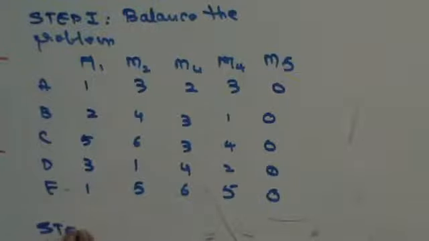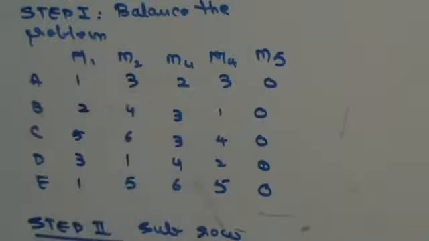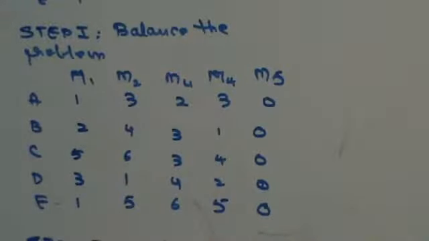Step 2. Solve row wise. That means subtract the smallest element in the row from every element in that row. Obviously, the smallest element in every row is going to be 0 only because you have just added a column. So there is going to be no change. So straight away there is no need to do that step because, guys, see this. The smallest element in every row is going to be 0.